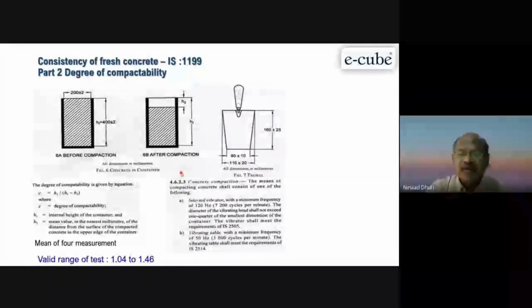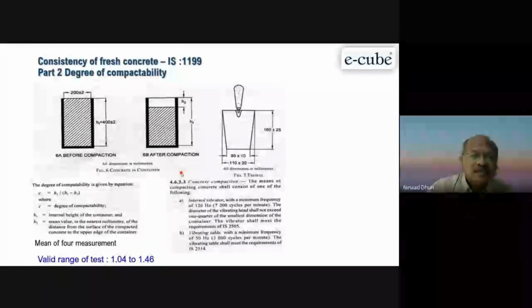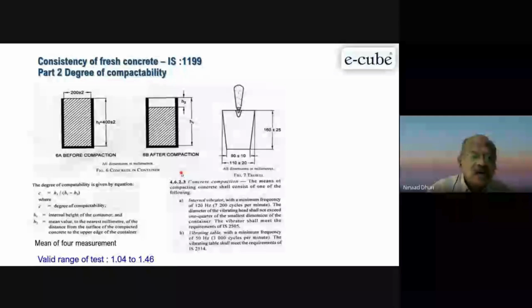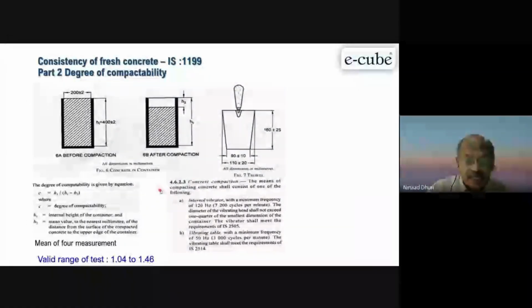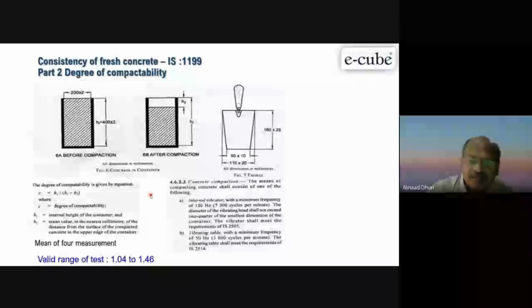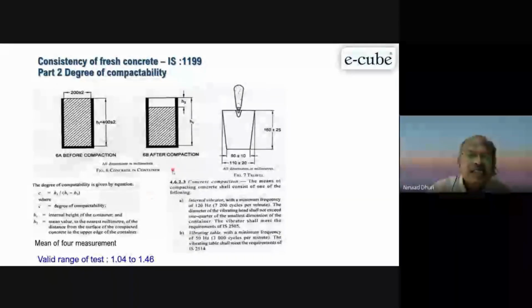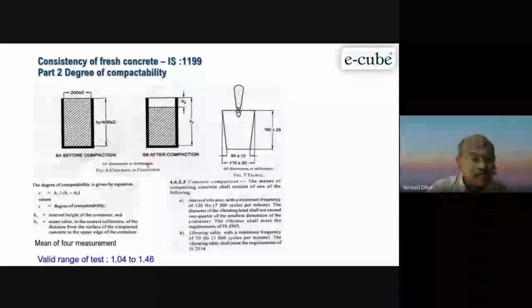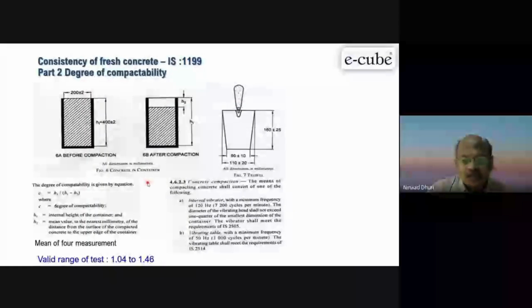It gives a very good indication of whatever concrete you have designed. You are having a proper slump, but whether it is really compactable, whether you can compact it properly, you get that indication with this particular test. This is a new test included in your IS code to understand the level of compactability,